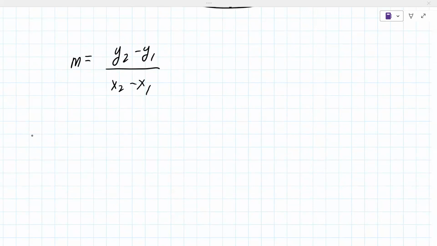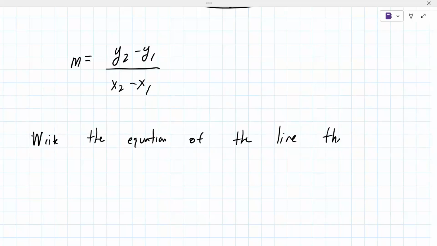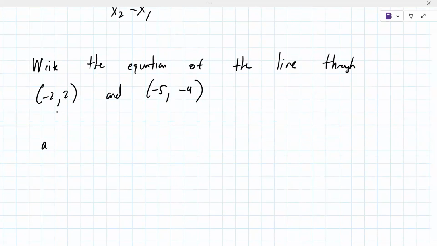Okay, so here we go. Write the equation of the line through (-2, 2) and (-5, -4). And then part A will be in point slope